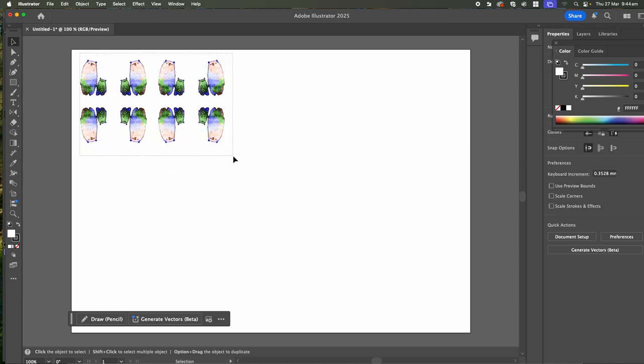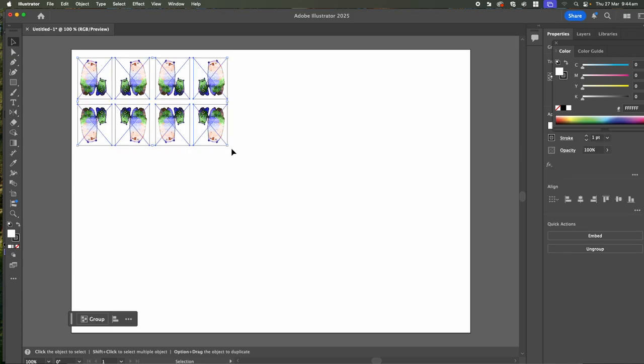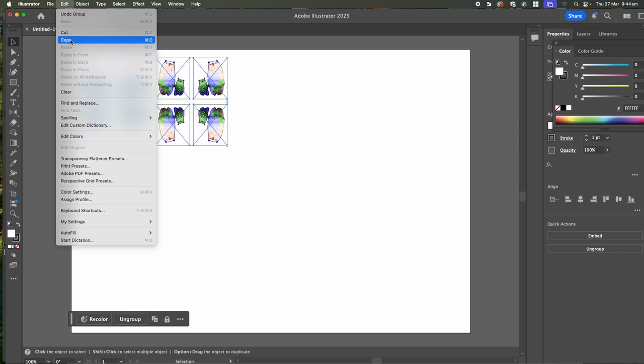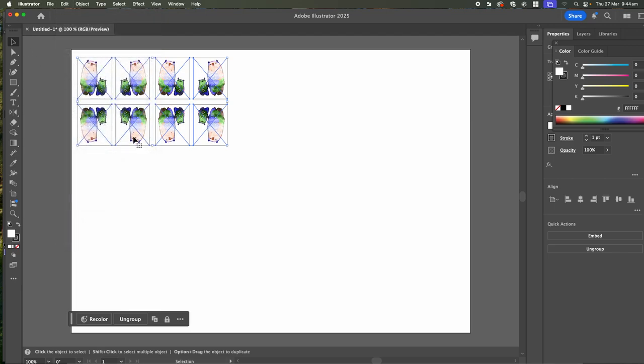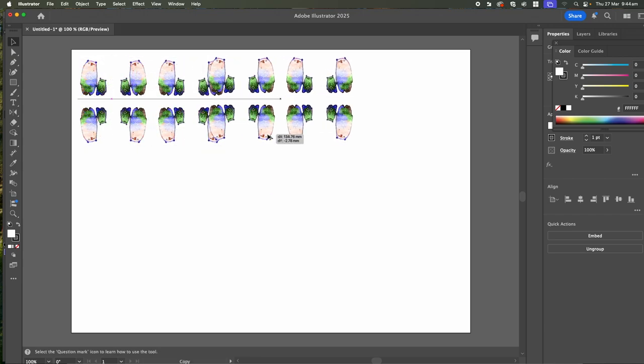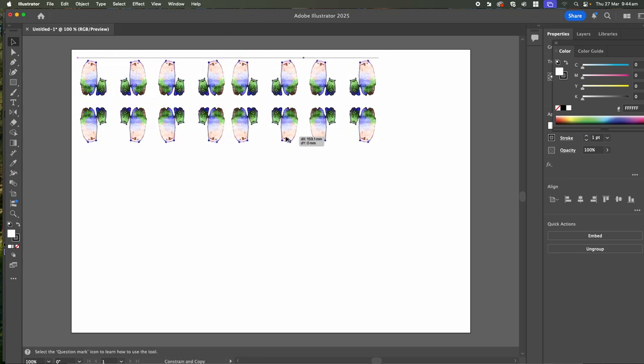A really fast, easy way to copy and repeat is, again, I can drag over these, I can group them, I've got my first set, and I can do a very simple Option copy. So you could do edit, copy, and then edit, paste, but a more organic way to learn to do this is to hold down the Option key again and just drag, but hold down the Shift key as well,